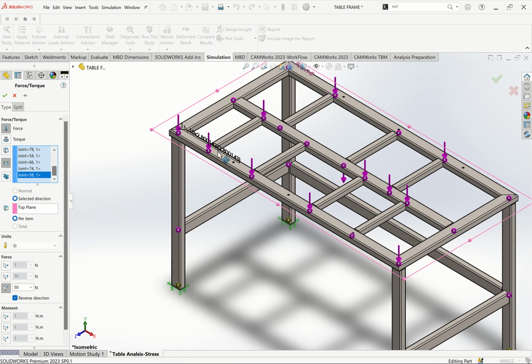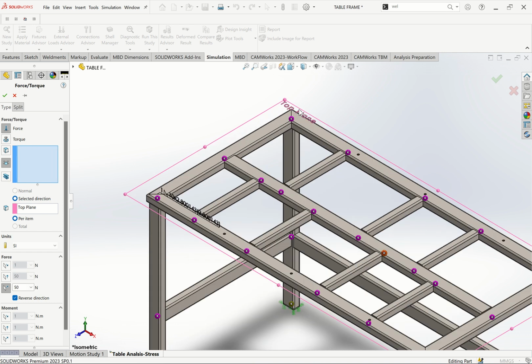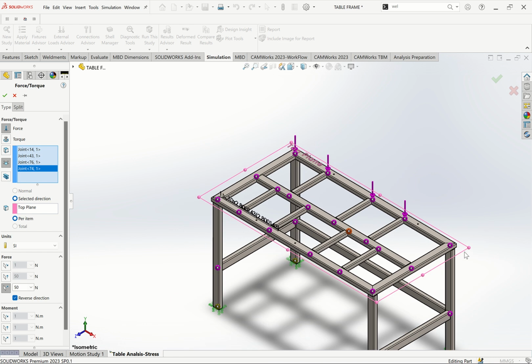Those are the points I've added. So how many are they? It should be 1, 2, 3, 4, 5, 6, 7, 8, 9, 10, 11, 12, 13, 14, 15, 16, 17, 18, 19. So what you do, you can click here, say clear. Then you pick again, you can pick this, you can pick this one by one, like that. So because we want to update,